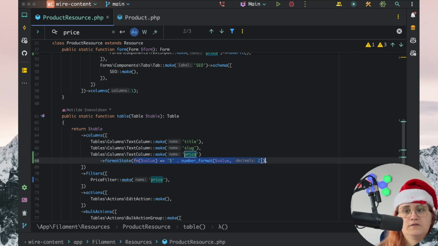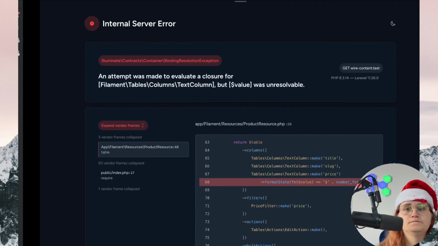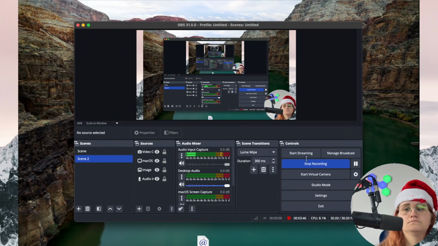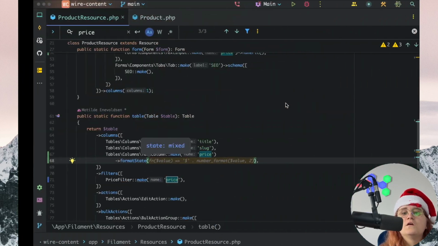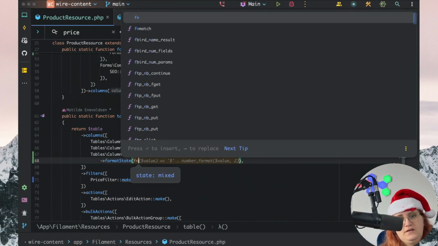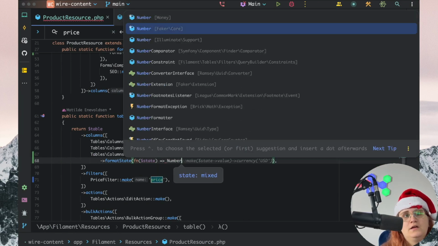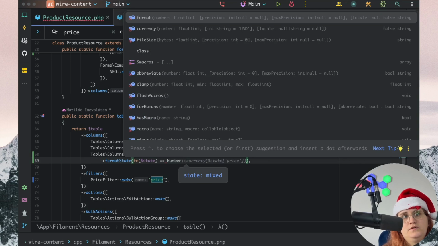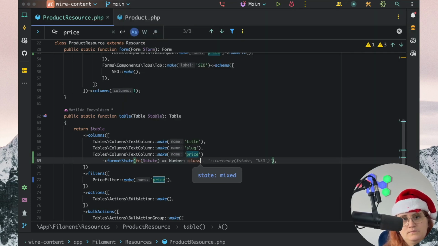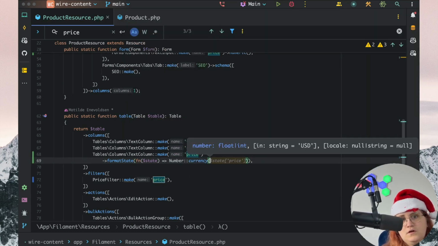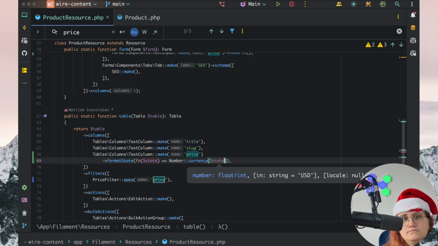Gonna get rid of this Copilot auto suggestion here. So what we need to go ahead and do in here is say fn state, and we can go ahead and add a dollar sign here. Actually, we can go ahead and use the Number from Filament support, and we can say currency,